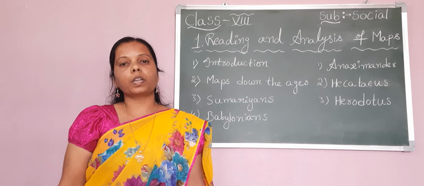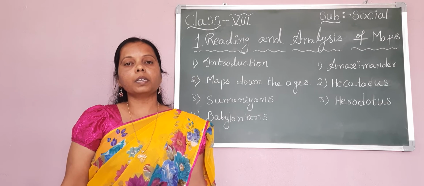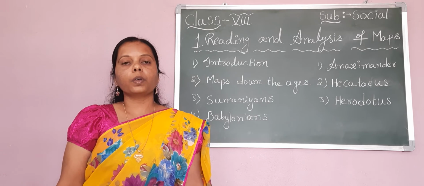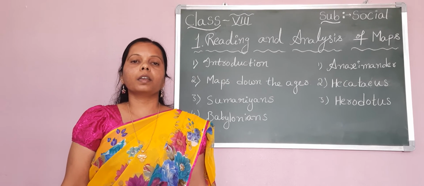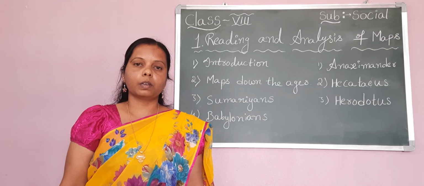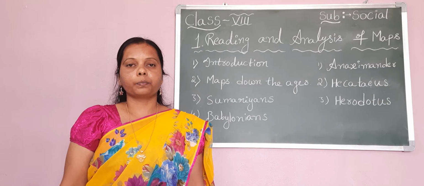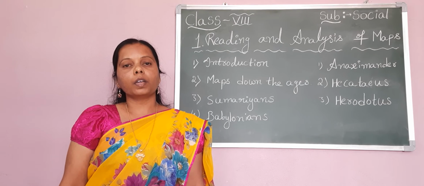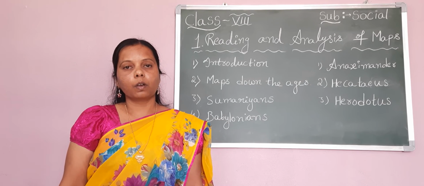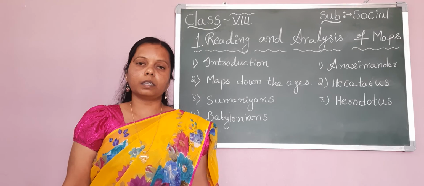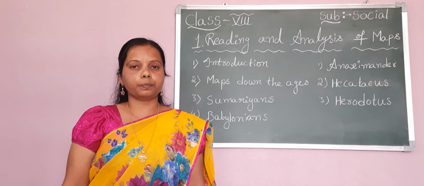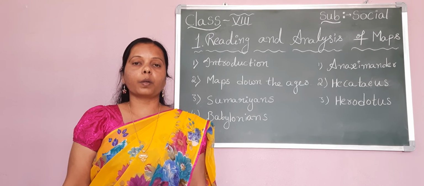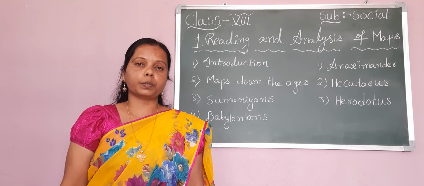I hope you know what latitude is. Latitude is a horizontal, imaginary line drawn on the globe. We have around 181 latitudes along with the equator. The equator is the biggest latitude. And longitudes, what are longitudes? Longitudes are imaginary lines, actually drawn vertically, meaning north to south. And we have around 360 longitudes.